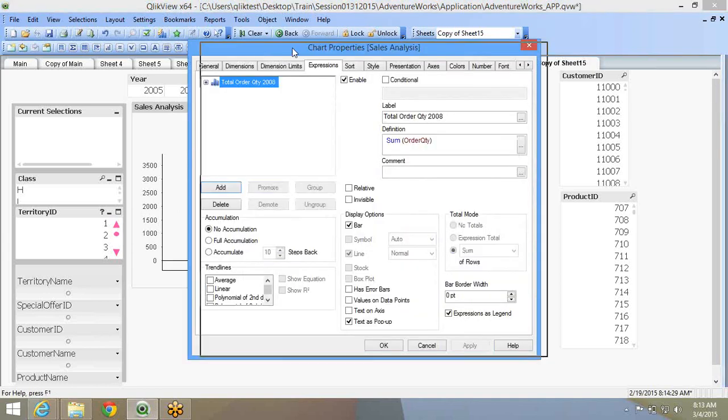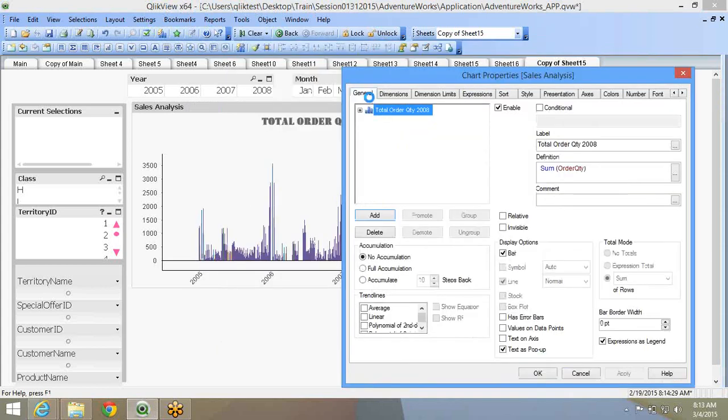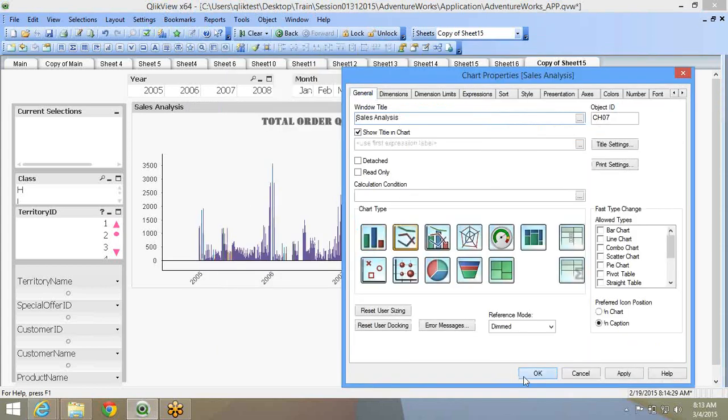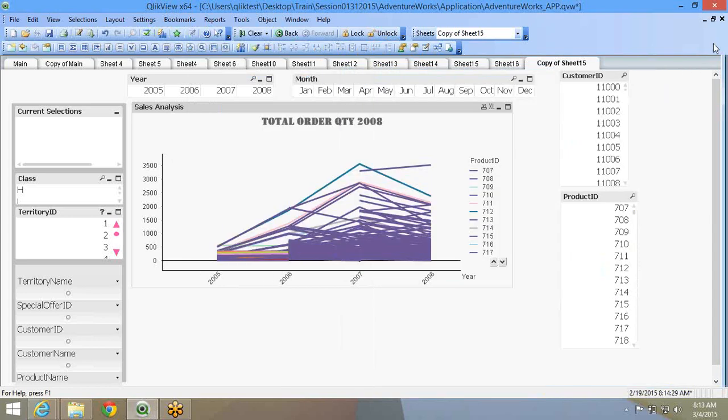This is the bar chart. So in the bar, it will look like this, so cumbersome. If I flip this to a line chart, it will look like a trend. There are so many products, so many lines, but it is showing you one product where it is. If you pick this product, it just shows you that, okay, in 2007, this was the quantity. It is showing a trend for every product ID.